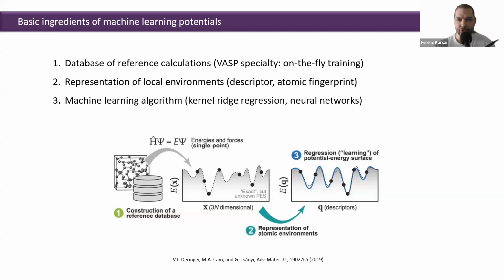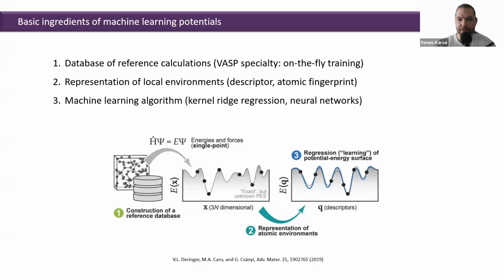The idea of machine learning now is to learn a force field, or make an algorithm in which we learn how to get from ion positions and lattice vectors to energies, forces, and stresses without actually performing the ab initio calculations. The basis for this is the reference dataset here. VASP, just to mention, offers a specialty here, which is on-the-fly training, but I will talk about this later.